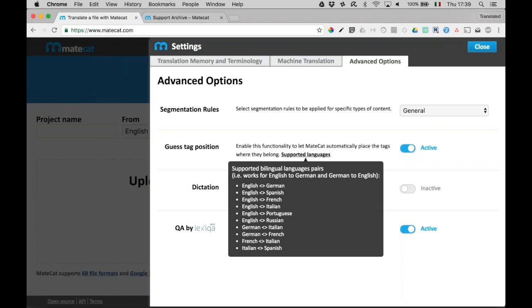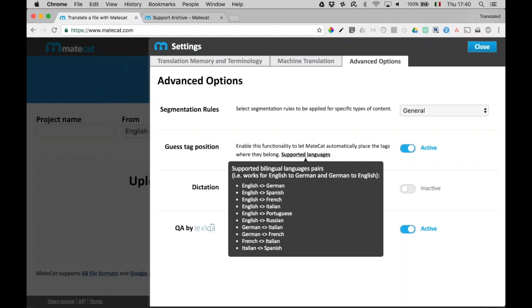Now, there are cases where this doesn't happen because maybe you're translating in a language pair that is not covered yet. One of the easiest ways to solve the tag issues, let's say, is that if you don't want to place them in the right place during your translation, you will see a small icon below the segments. It's a square, black and white, tilted square.